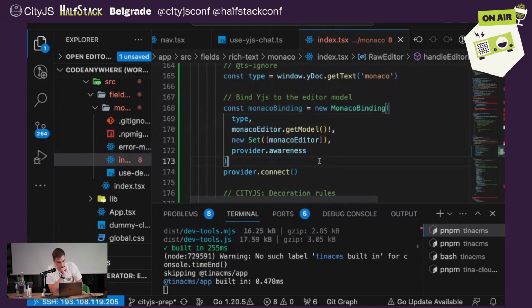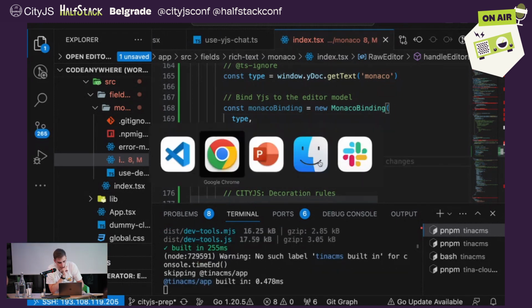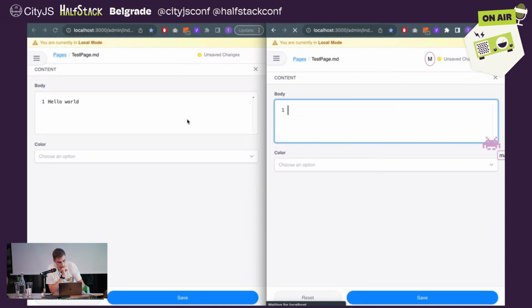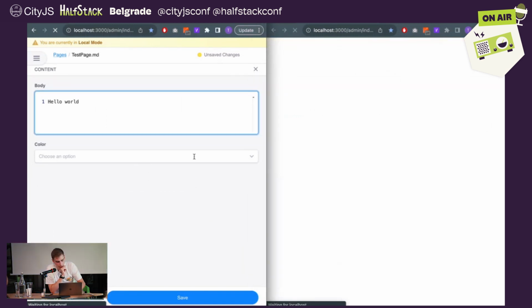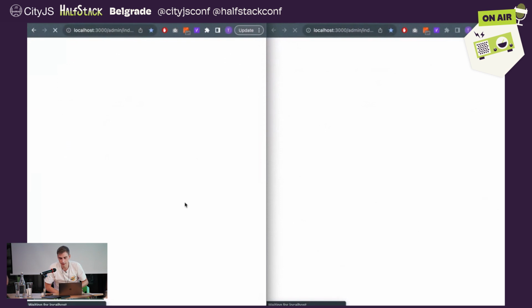So I'll just save this, it's built. I need to refresh because there's no hot reload on this page. As you'll see in a second, we will have solved the real-time collaboration aspect of this Tina CMS document. All it took was 9 lines of code to get these 2 editors to sync in real time and nothing more. So once this loads,